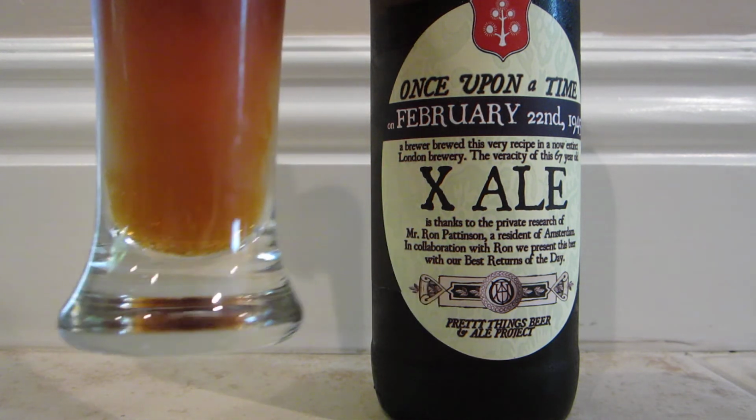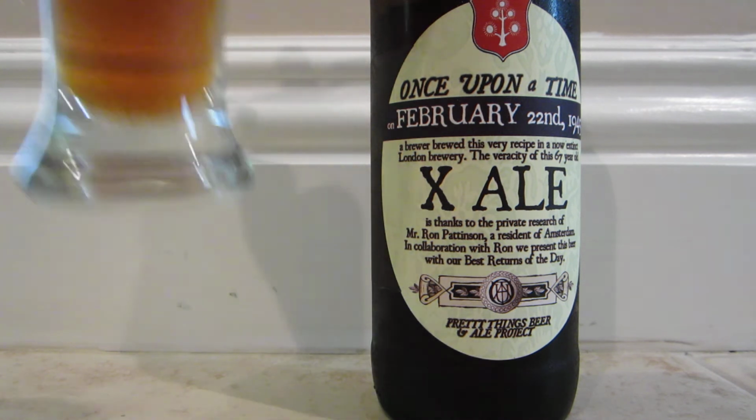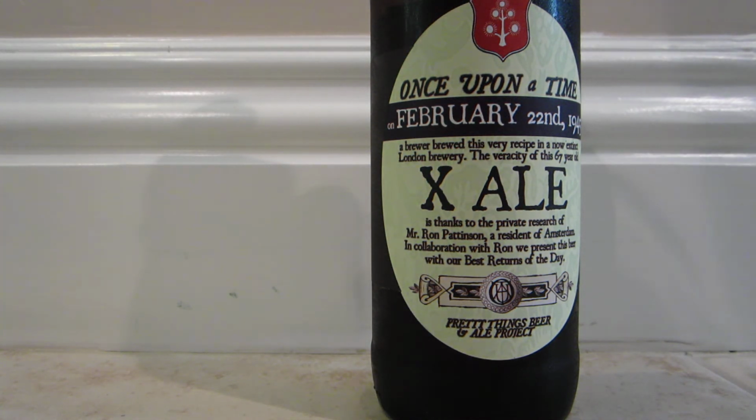We got a lovely golden orange color, a little bit of head, not much to it. Let's get some aroma off of this X-Ale. Very biscuity, weedy. Both probably not especially good use of adjectives or adverbs, but